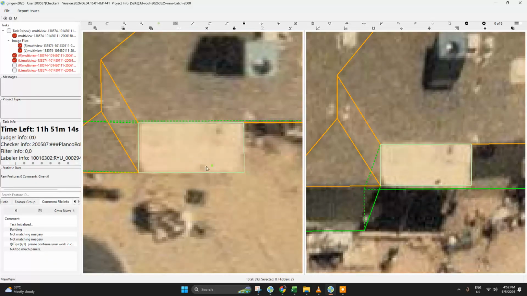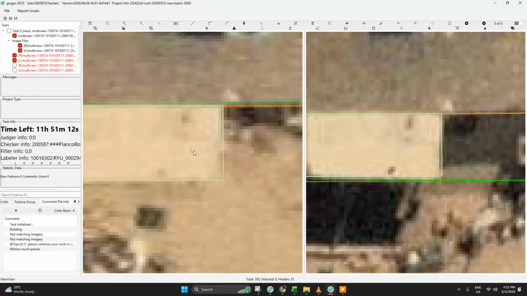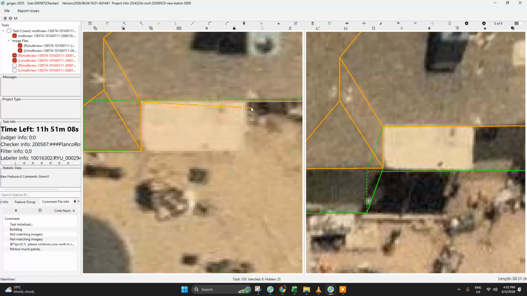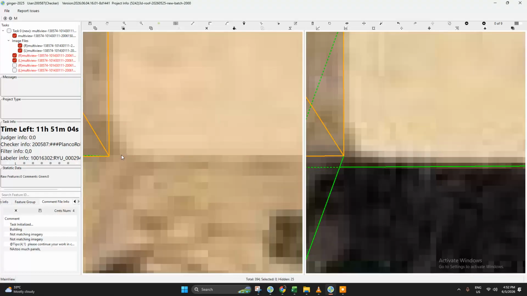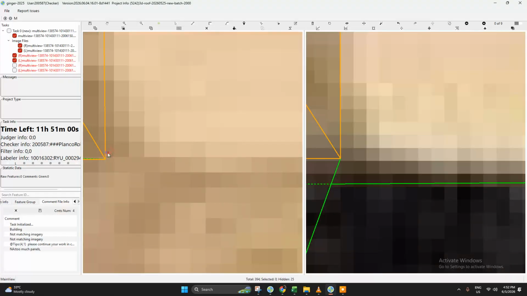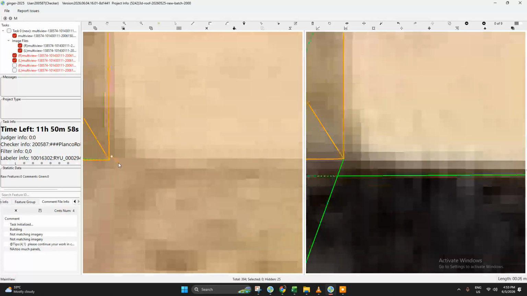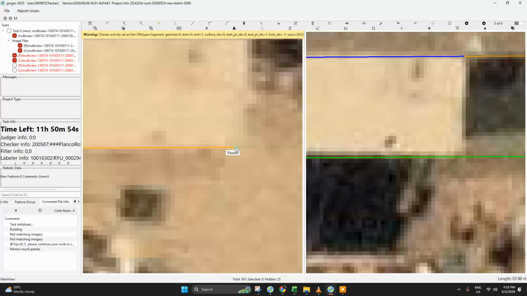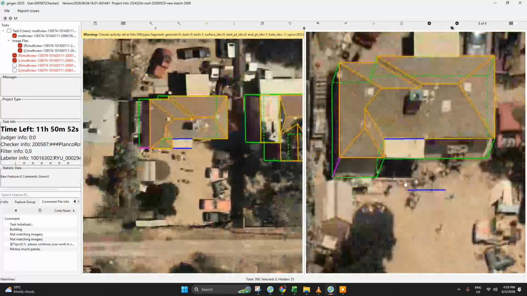So we need to draw this again since it's flat. So 9 and then 9. So again, most of our extensions or attachments have a slope on them.